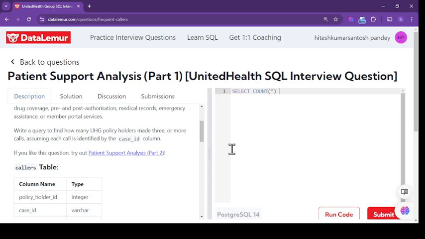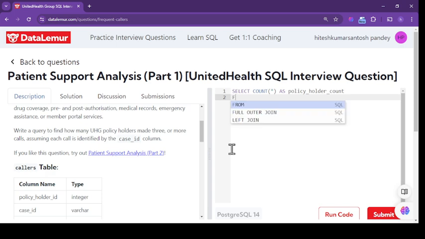We will give the name as count star as policyholder count, from